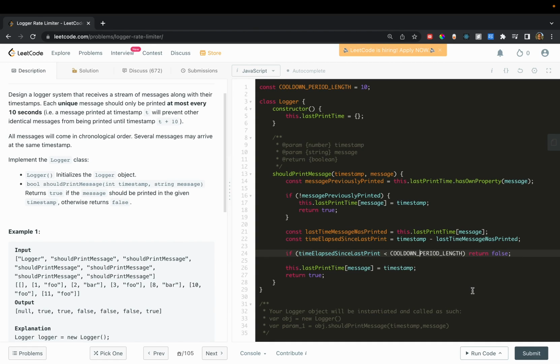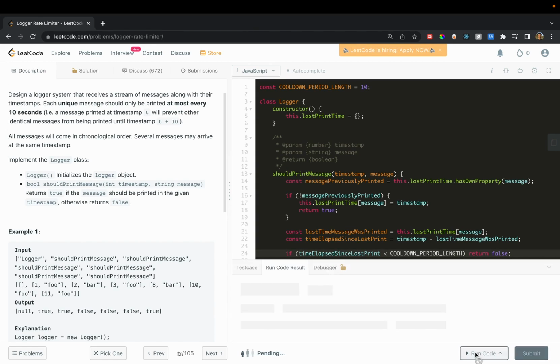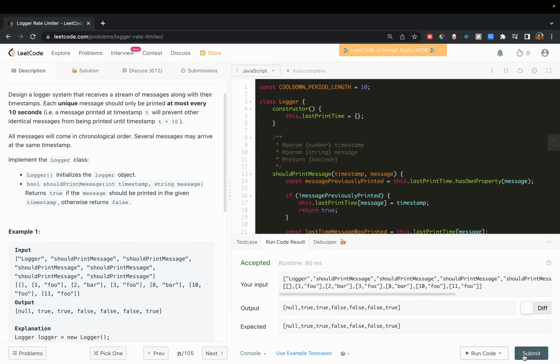Okay, I believe this should be all the logic for this function. So let's go ahead and see if it works. Okay, it works in this case,